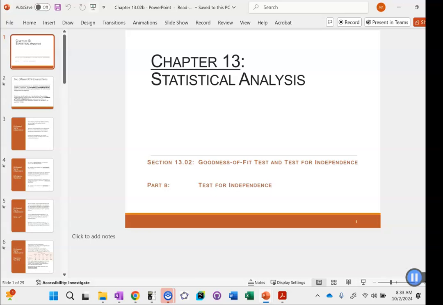Notice our biggest contributor is this one because the expected count had the biggest difference from the observed count. They're the most far away. So that was my biggest contributor to my chi-squared statistic, which was